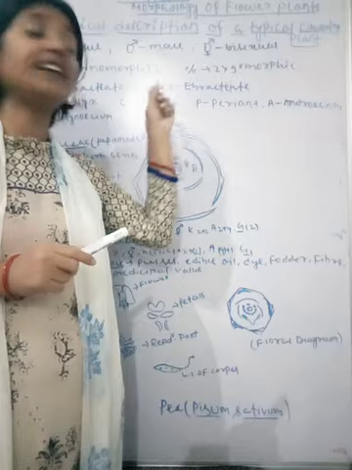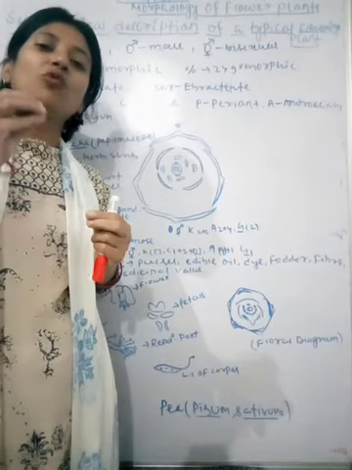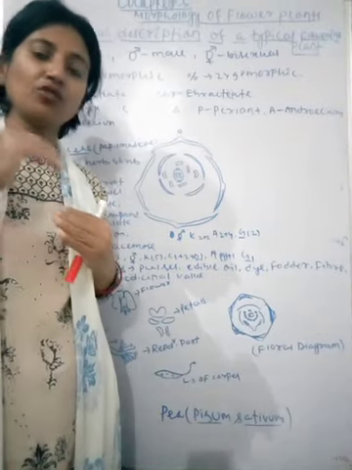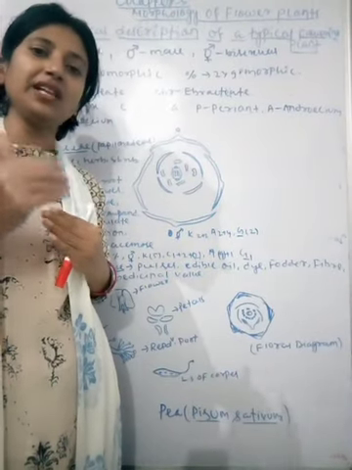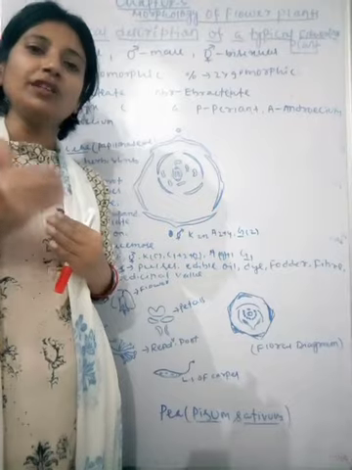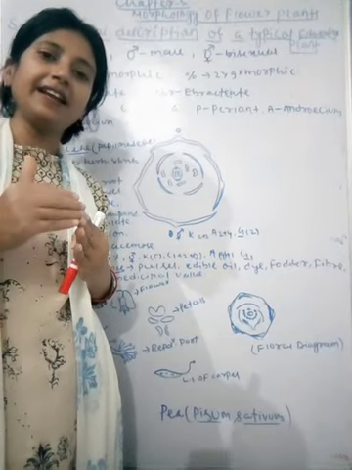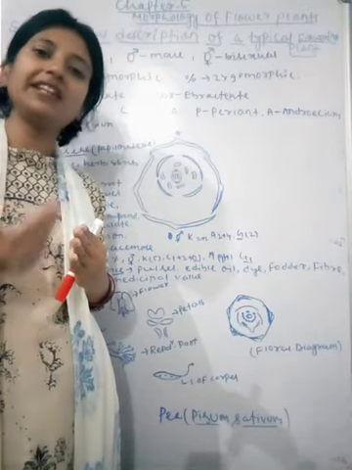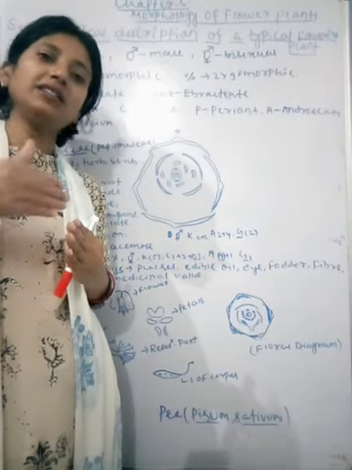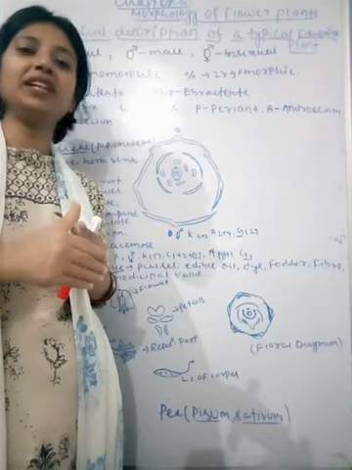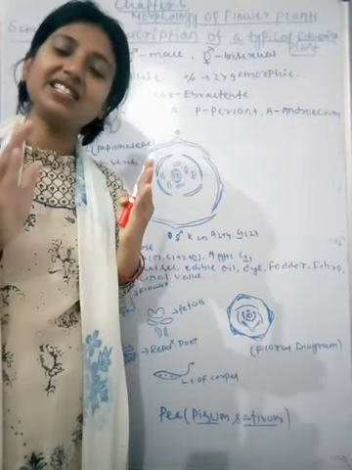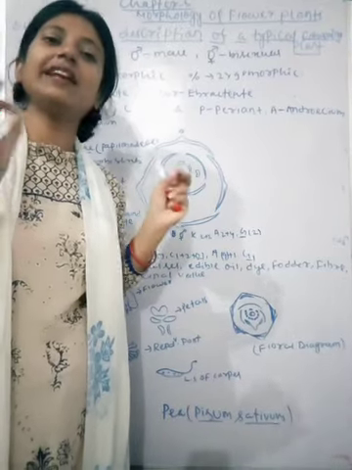After this technical description, we will go on to study families of plants. When we study the families, we will be able to know their basic characters, their floral formula, their economic importance, and what other plants come in that family. So let's start your new topic, and this is very interesting and so easy. This is like your mathematics.